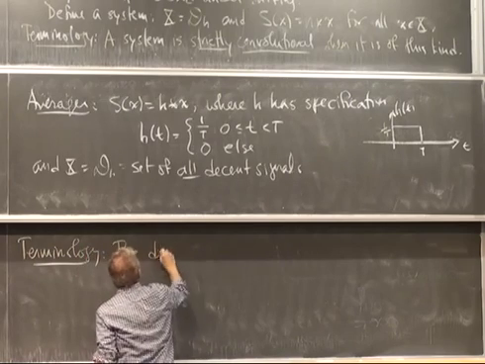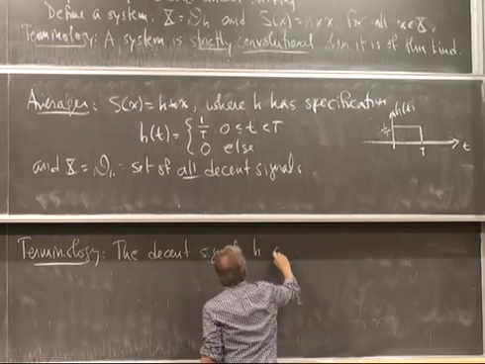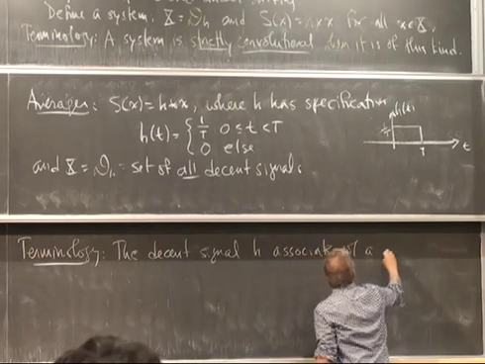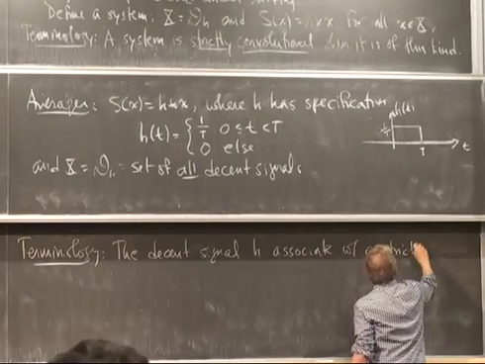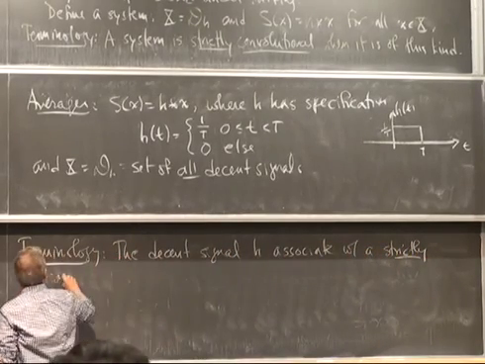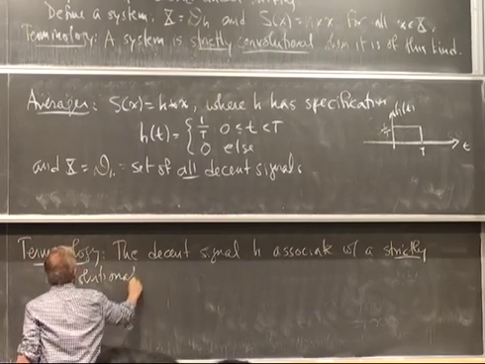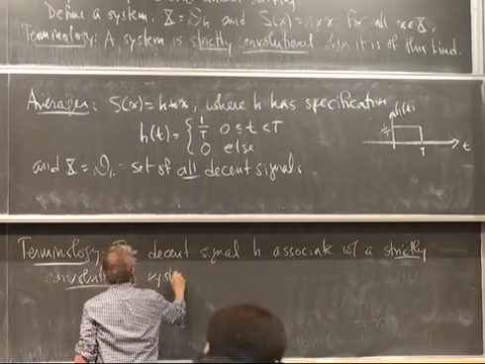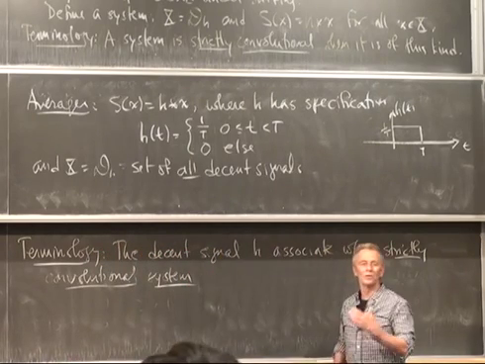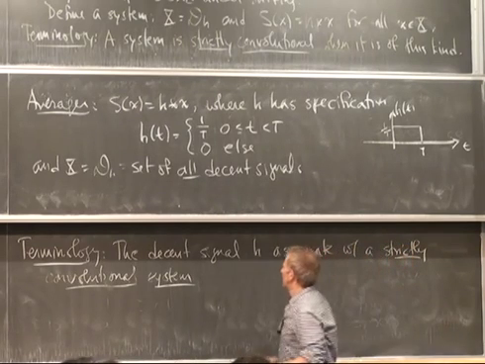The decent signal H associated with a strictly convolutional system, in other words, what you convolve with inputs to give you outputs in a strictly convolutional system,